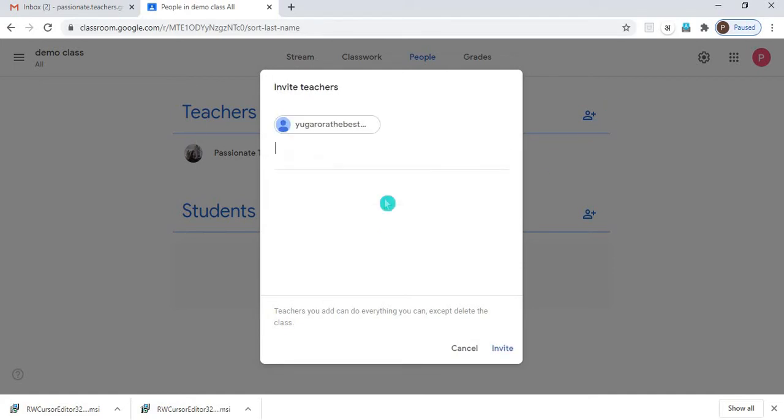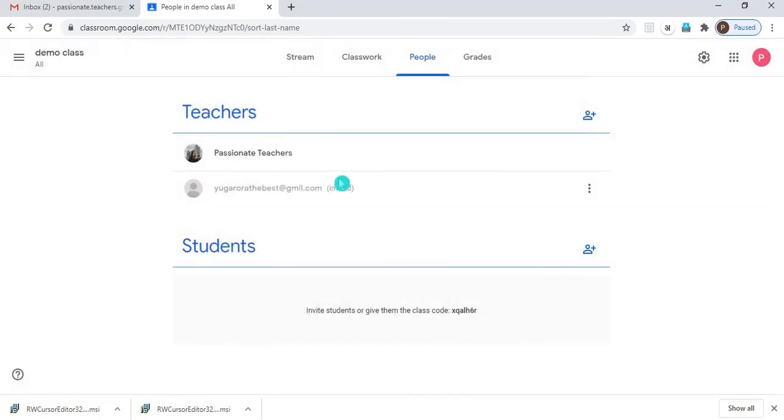So you can see I can enter this, and similarly I can just say invite. So the person whose email ID you have just entered will be invited. Now a mail has been sent to this person on their Gmail account, and the moment that person accepts that invitation, this will become highlighted. Right now you can see it's looking disabled. The moment that person accepts your invitation, that will also look like this.